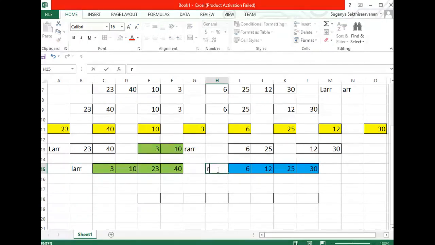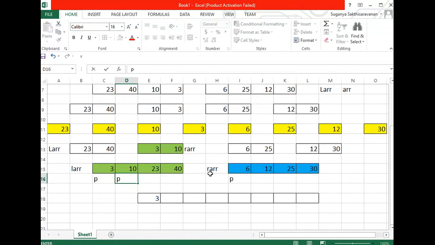This is your left array and this is your right array. Initially, your pointer of this particular left array is going to be here, and the right array pointer is going to be here. I'll compare 3 with 6. Who is lesser? 3 is lesser than 6, so it will be brought here. After this, the pointer of the left array will be moved. Your right array pointer will not be moved until you pick an element from it. This is the new array you're forming.